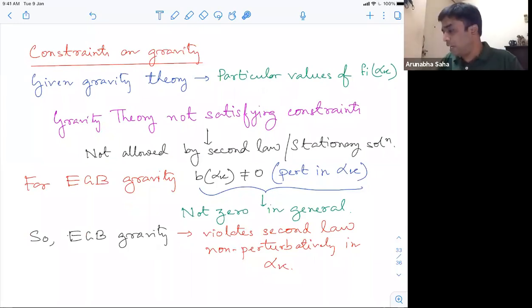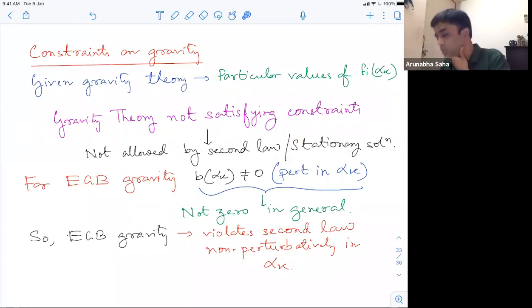As Sandeep at some point alluded, given a gravity theory, you find particular values of these transport coefficients. These transport coefficients are determined by the particular theory of gravity that you're working with. Suppose there is a gravity theory which doesn't satisfy these constraints, and you believe that the second law is a strong enough constraint,